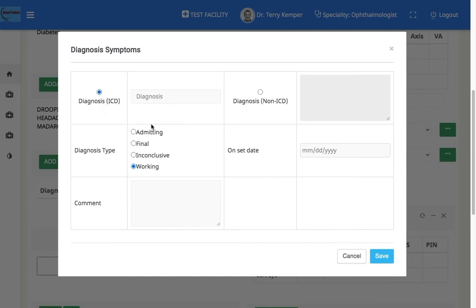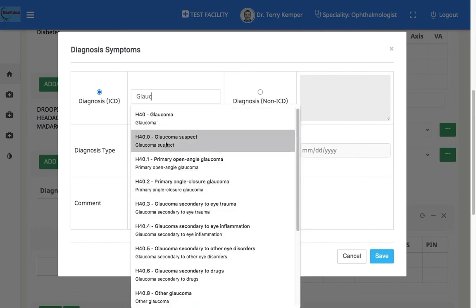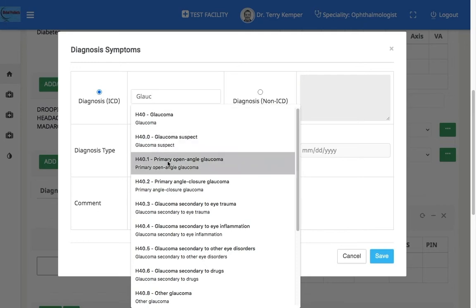For any diagnosis not covered in the ICD-10 codes, select the diagnosis non-ICD option, and the diagnosis can be typed in free text format. So we'll see the ICD-10 codes for glaucoma. It shows the listing of all the diagnoses for glaucoma along with the ICD-10 codes.